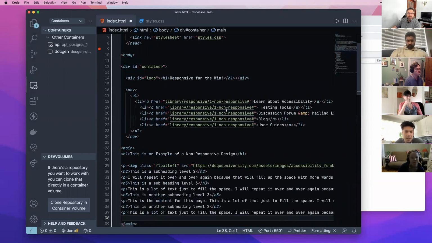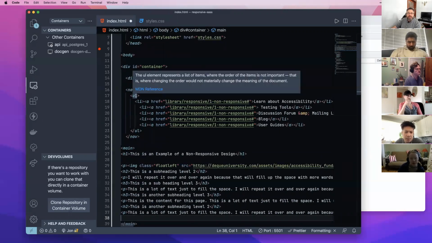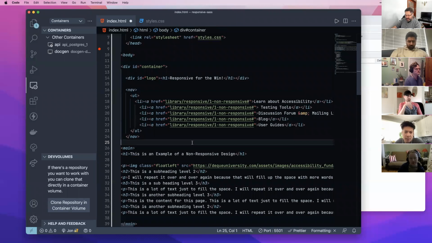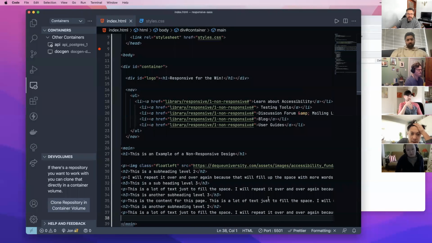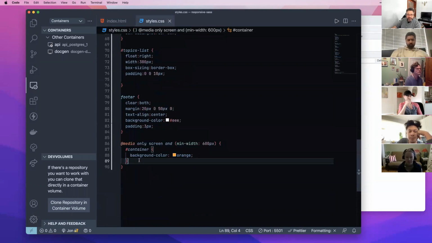Here, let's have a look at the HTML again. So here's the nav. We've got a nav with a UL and a bunch of LIs within that. So how am I going to make this stack? So change the LIs, maybe? Yep. All right. So let's grab the nav LI. And again, I'm going to do this within. So I'm just going to say nav